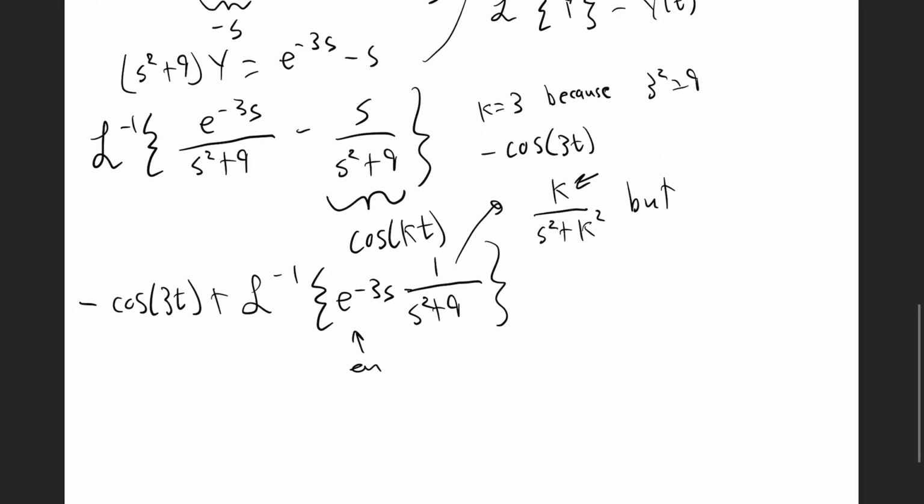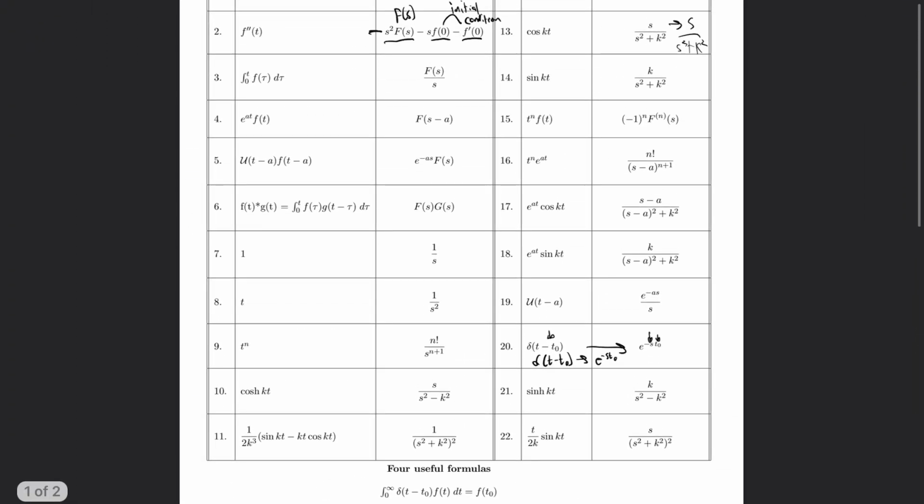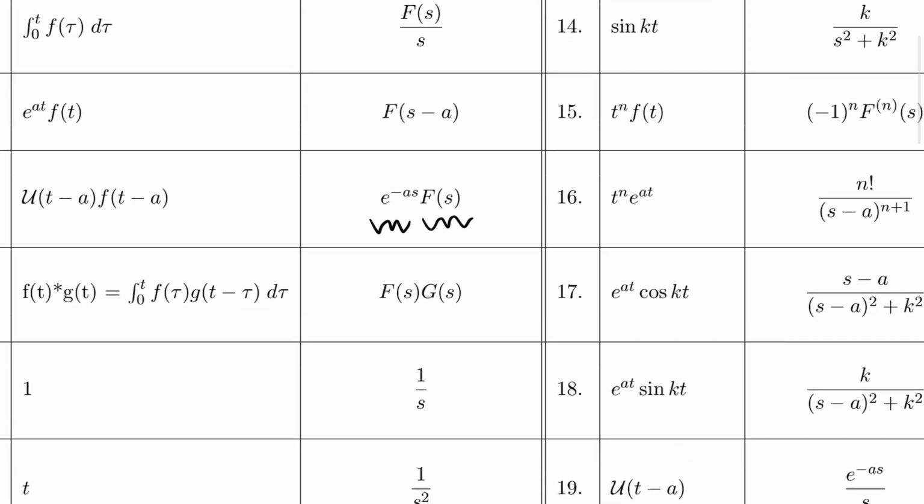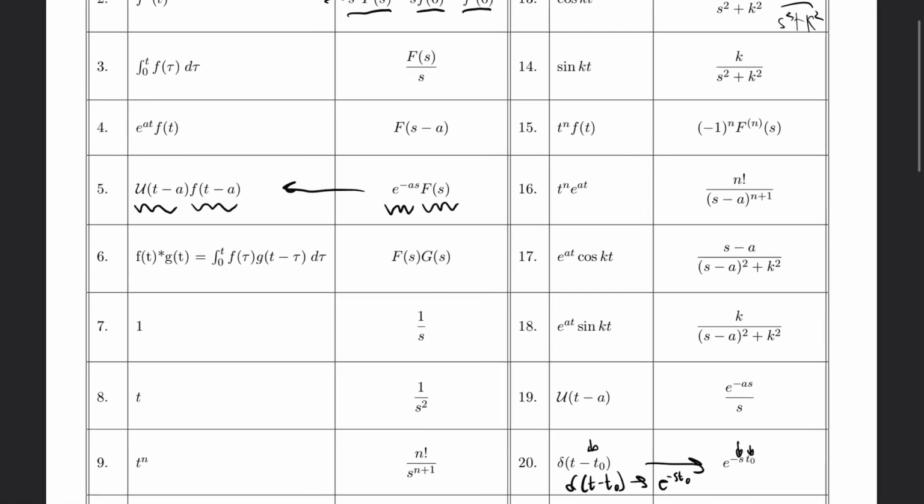This is another item that's on the equation sheet. You just got to look a little bit. It's this form right here, e to the negative as times the transform of something. And that goes over to this, where it's the step function of t minus a times f evaluated at t minus a. So right away,